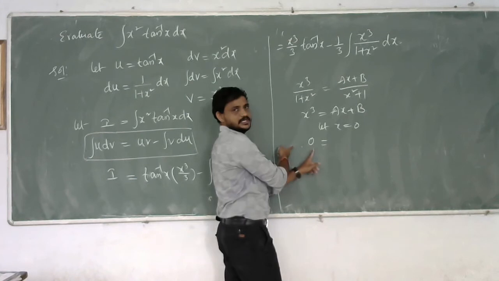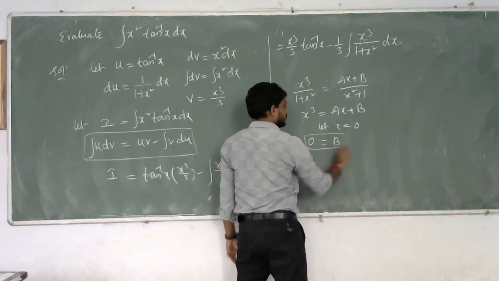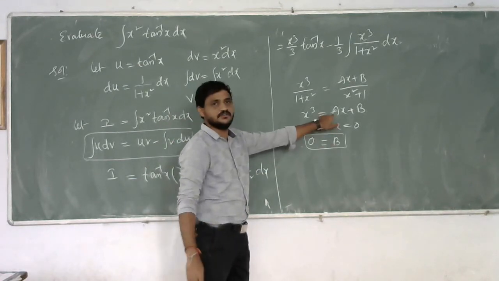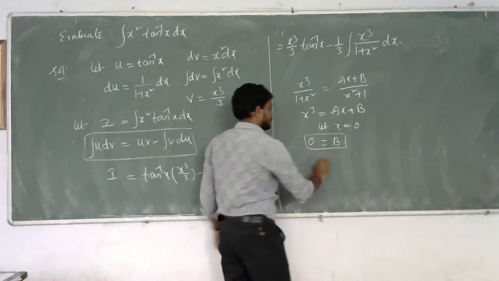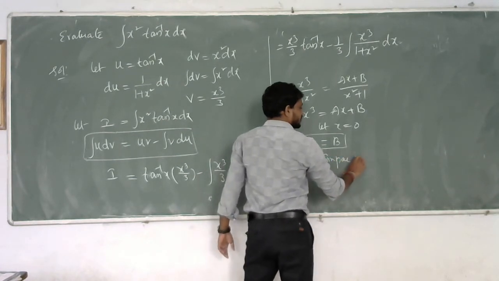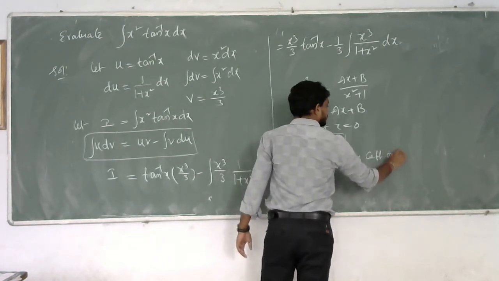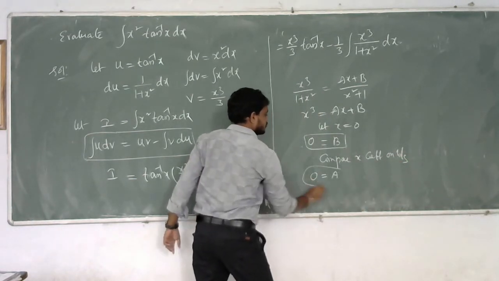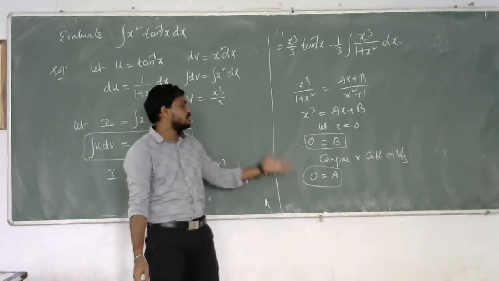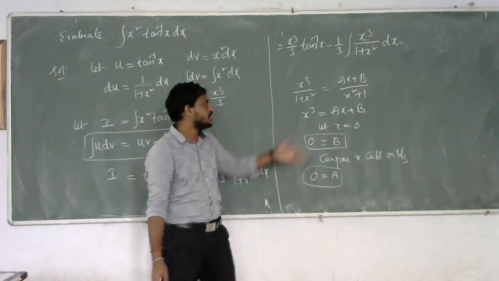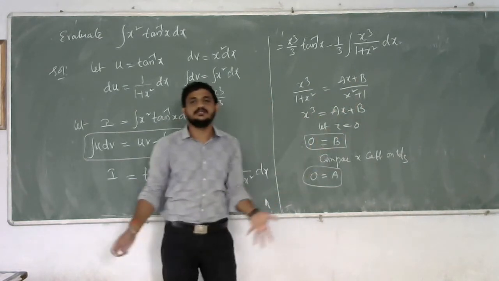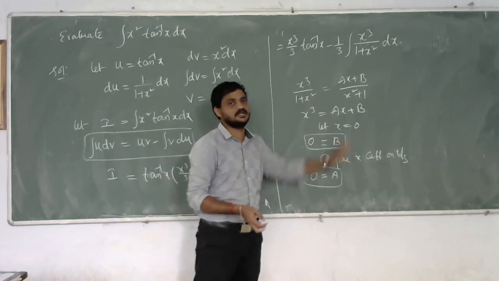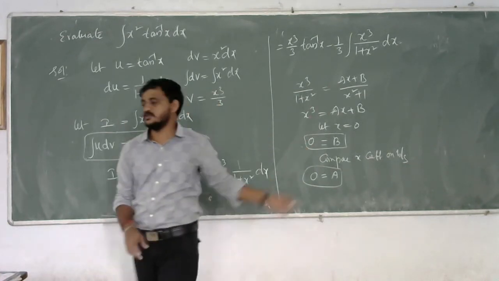If we take x equal to 0, LHS becomes 0 and RHS will be b. So you will get b equal to 0. Then we have to find the a value. How will you find it? By comparing x coefficients on both sides. On the left side the x square coefficient is 0 and on the right it is b. So we are getting a value as 0, b value as 0. That means this entire function will become 0. That means we cannot use the partial fraction method here also. It is also not correct.